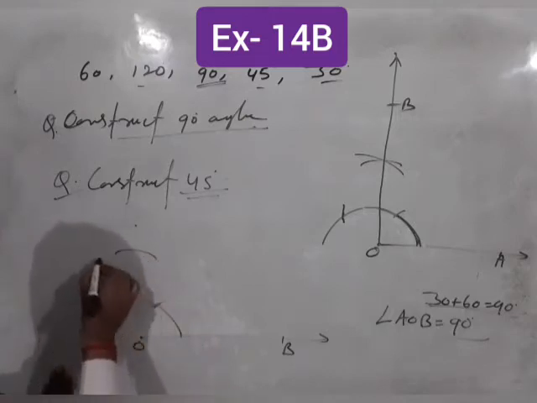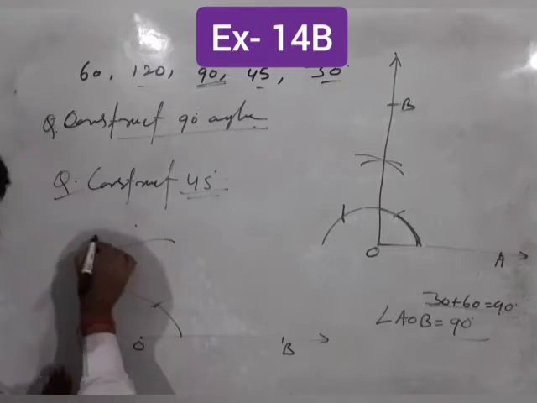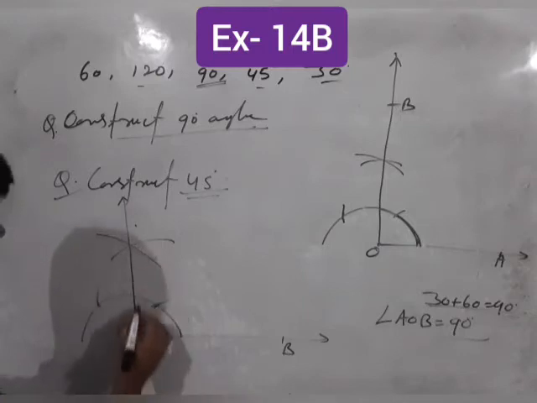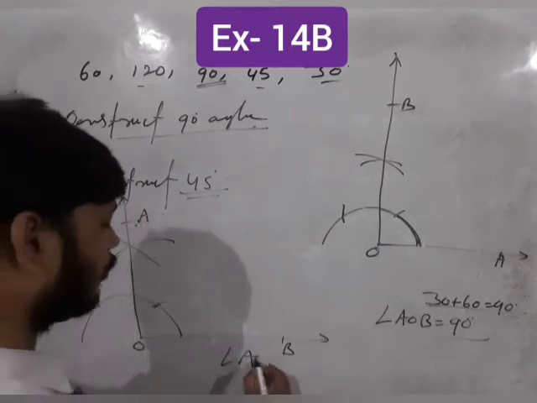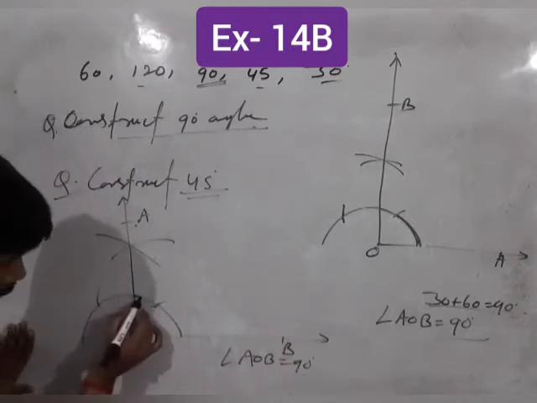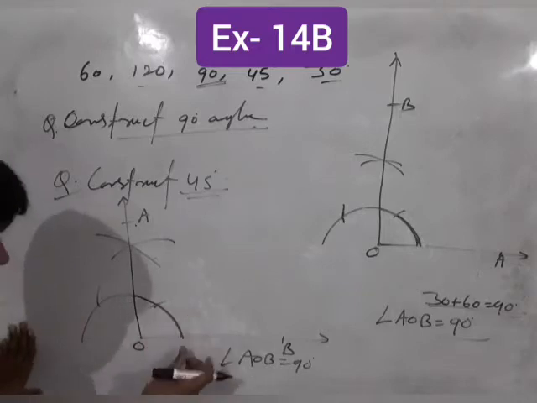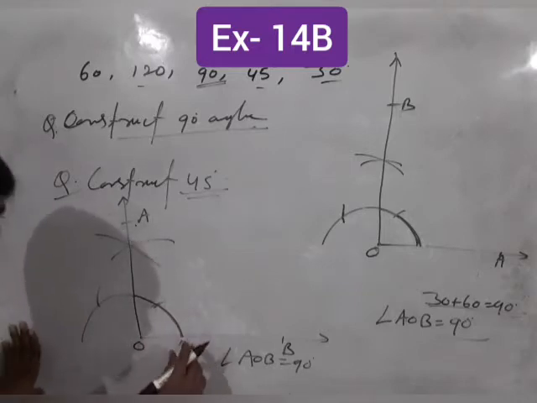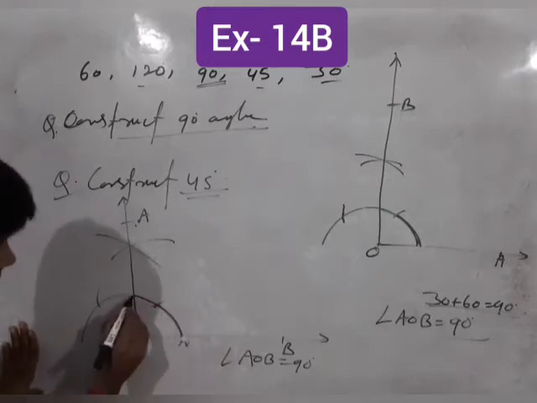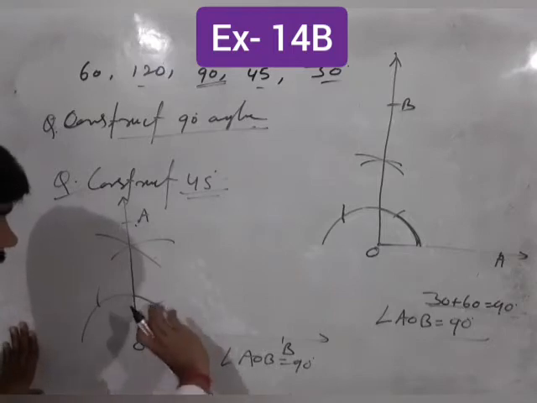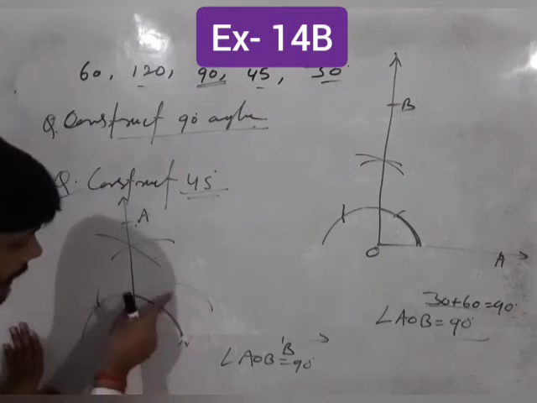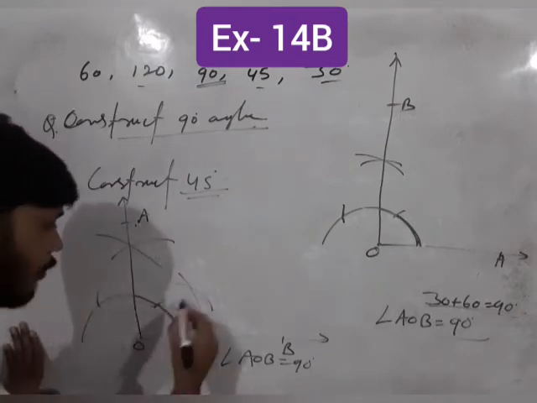and join this here. Students, here angle AOB is equal to 90 degree. And now students, here you have to bisect this angle. So students, fix the compass at N and draw an arc more than half of this arc. Students, here expand the compass and draw an arc, and again draw an arc this,